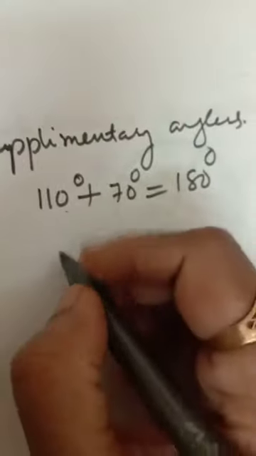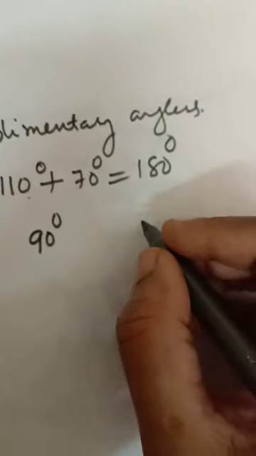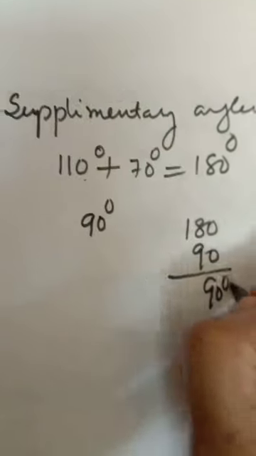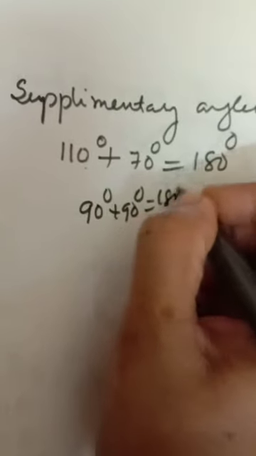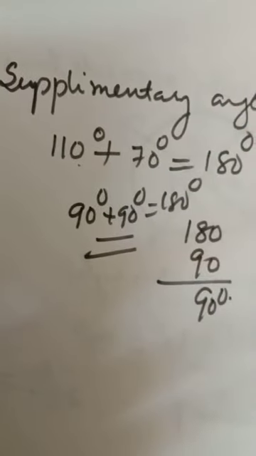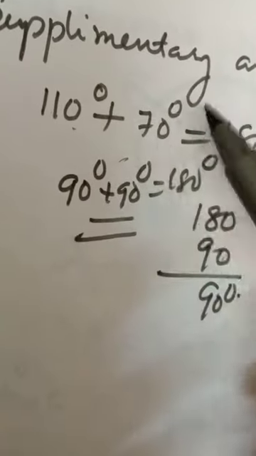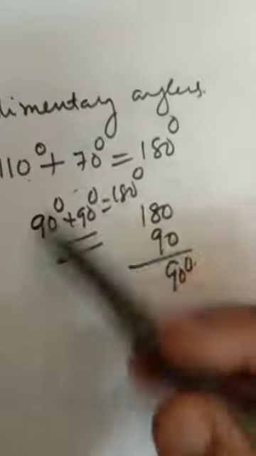You want a supplementary angle of 90 degree. What you have to do? You have to subtract from 180. You will get a supplementary angle. Okay, 90 degree you add it, you are getting 180 or not? Clear? Supplementary meaning subtract from 180. Complementary meaning subtract from 90 degree. You want a complementary angle of one angle.